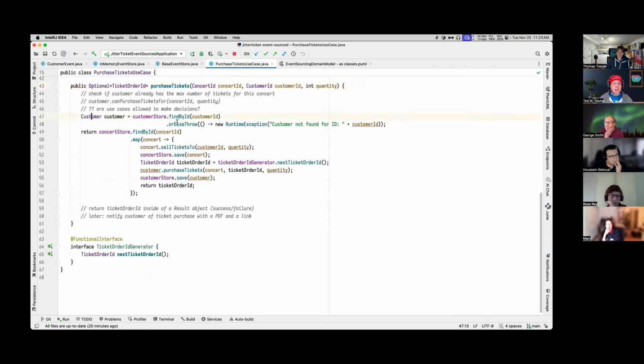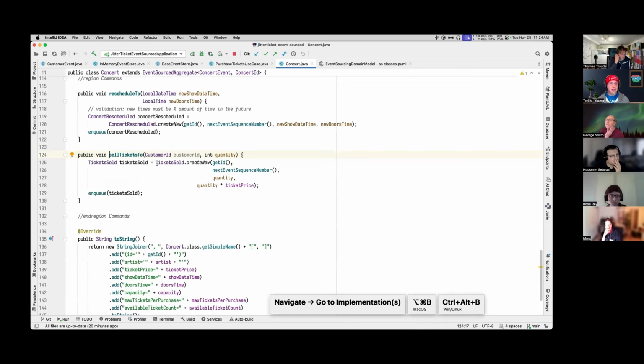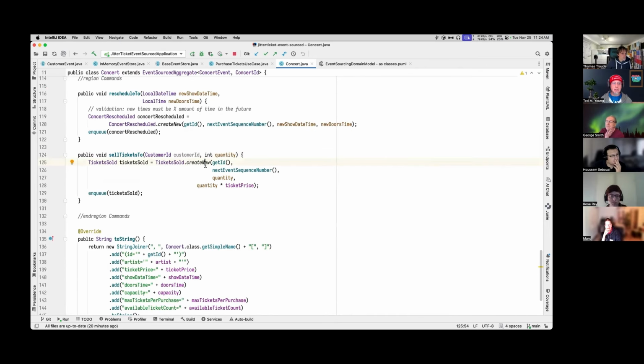So we grab the customer, and then we grab the concert, and on the concert aggregate, we say sell tickets to. And so behind the scenes, when we do this, it doesn't just update the state of that object in memory, it generates an event. And the event that it generates is tickets sold. And it enqueues it. So anytime an event gets generated, and this is now getting into implementation details, when we execute a command and it succeeds,